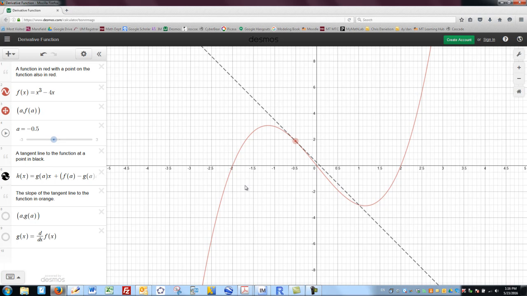The first one that you can bring into view is this idea of a point on the function that's showing us the tangent line to the function at any point on the function. From -3 to 3 anyways. That's what my slider's defined for. So you can see this point sort of rolls along the function, and the black dotted line is the tangent line to the function, which we know, the slope of that tangent line is the derivative, that is the rate of change of the function